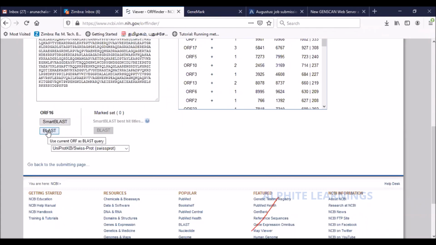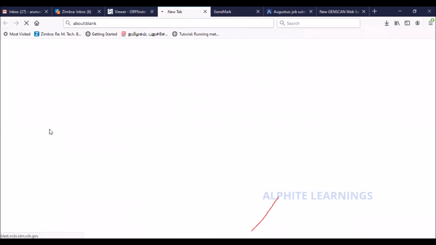I guess by now you would know what a BLAST search is. BLAST is the Basic Local Alignment Search Tool. It is a search tool. It looks for homologous sequences in any database that I give. I can select UniProt, SwissProt. You can also select RefSeq or NR. We'll select NR for now because we don't want any redundancy. So it selects the non-redundant protein sequence database NR. Perform the BLAST search.